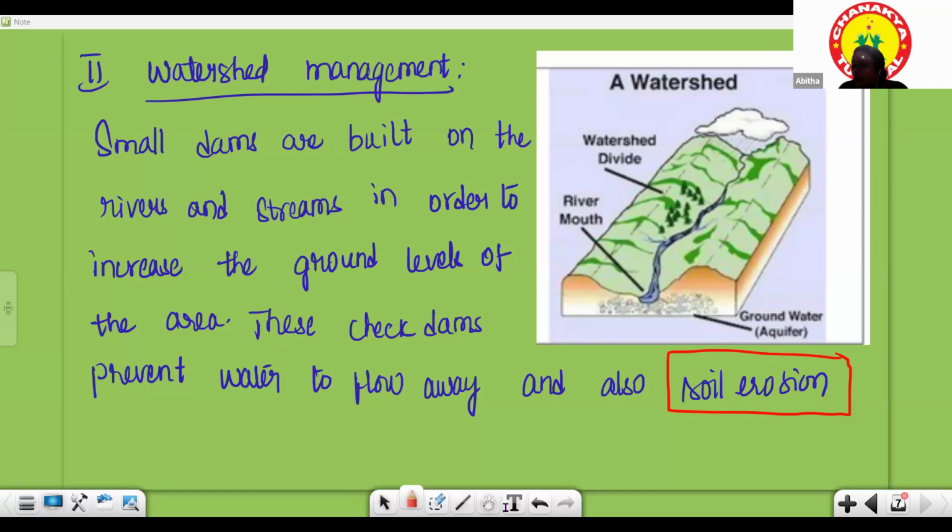Like I told you, crops need water, right? If you are doing agriculture throughout the year, you need water throughout the year. But if you purely depend upon the rainwater, your cultivation is going to be wasted. So if you follow irrigation, the water supply will be there throughout the year, and you can cultivate throughout the year.